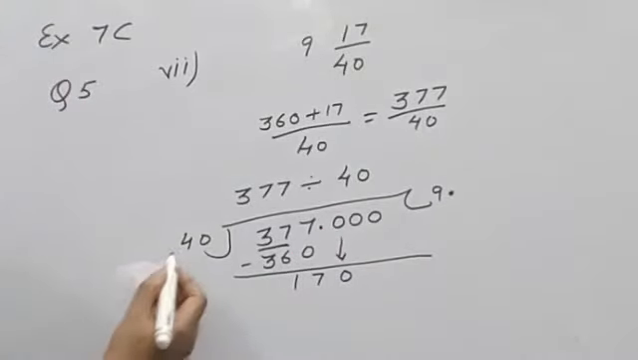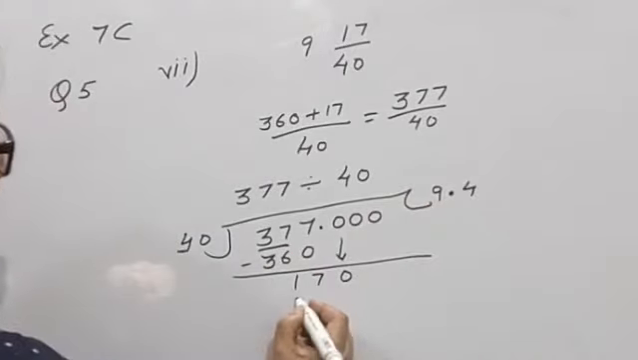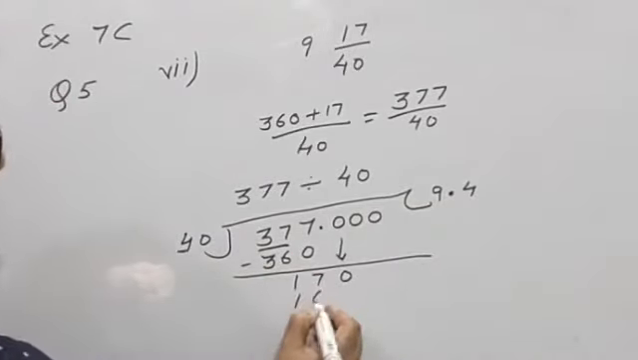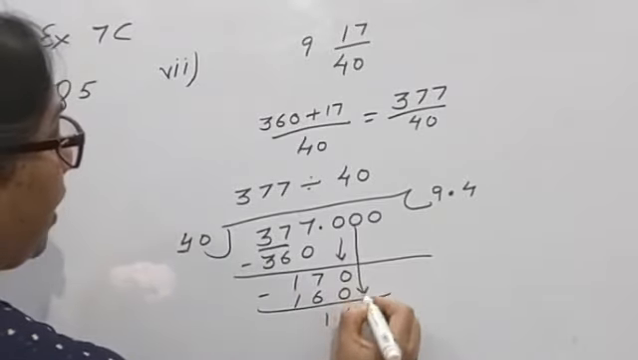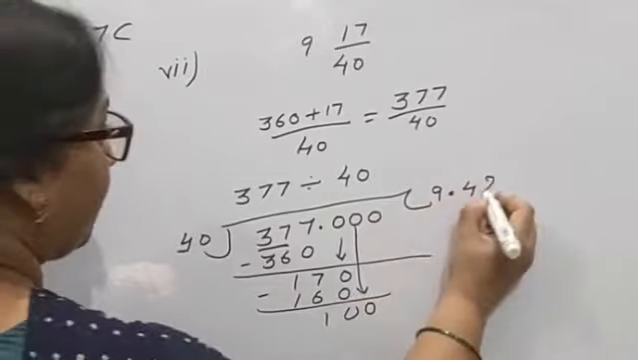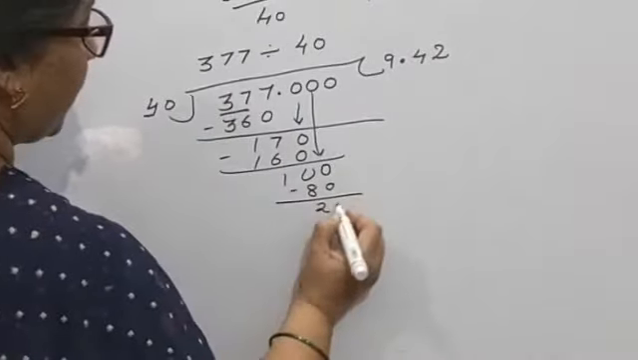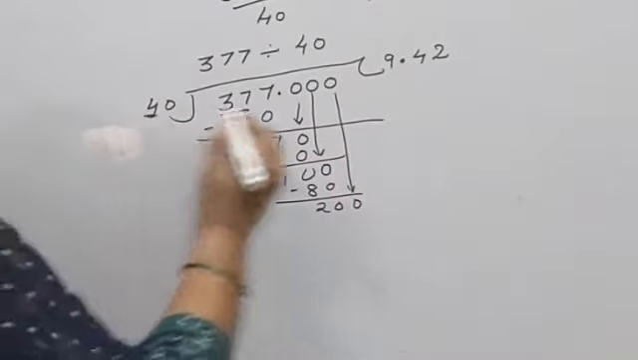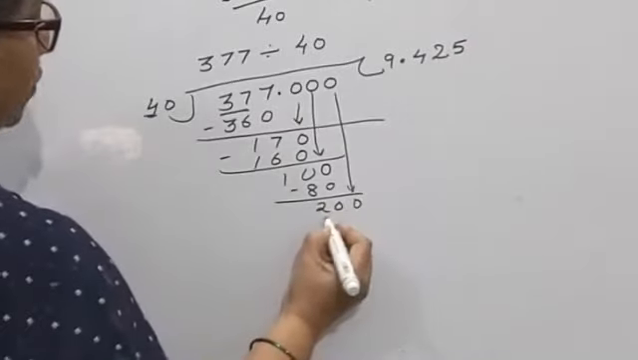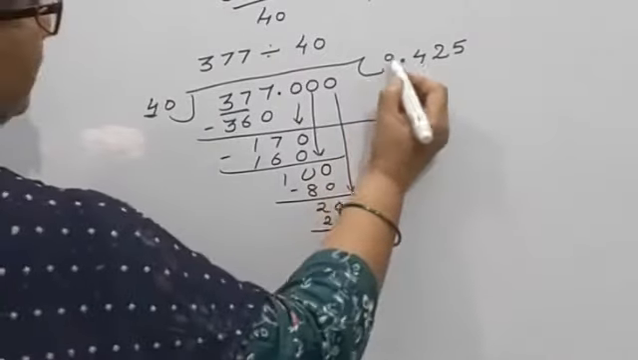So let's proceed. 4 4 is 16. So it will go 4 times. Now 40 into 4, 160, minus, 10, bring the next 0 down. It will go 2 times. 40 into 2 is 80. Subtract, 20. Bring the next 0 down. How many times will it go? 40 5 is 200. Hence the quotient of this number is